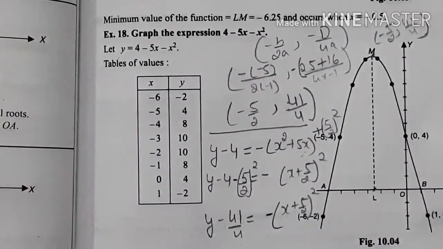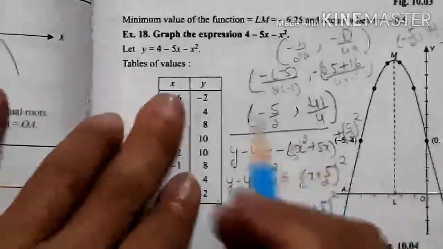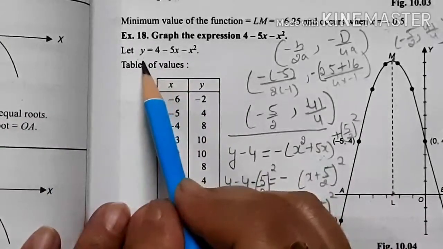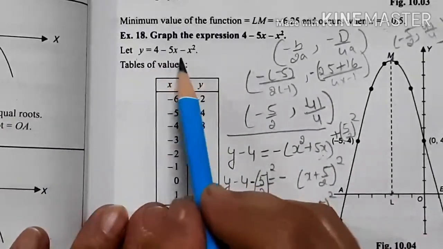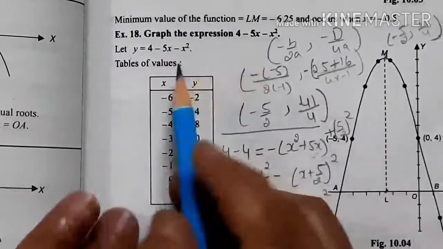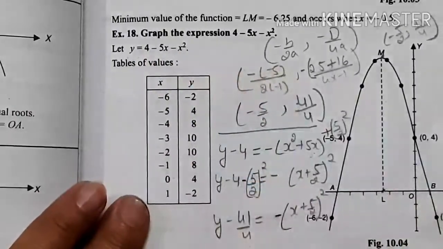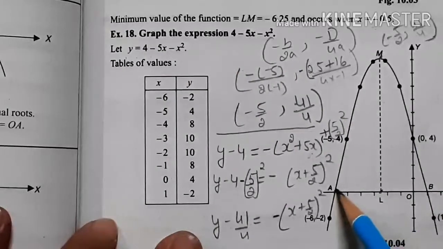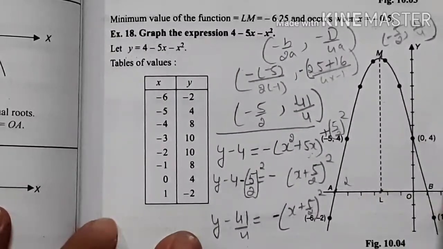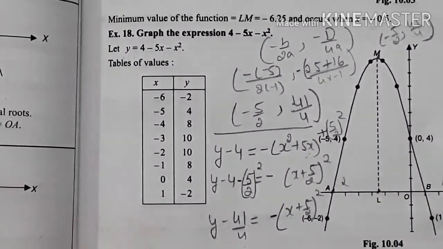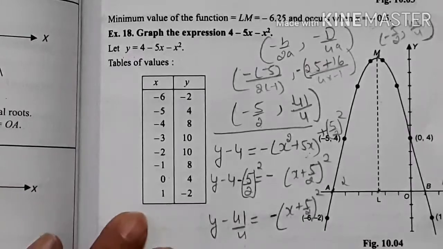It will be a maybe in points value will be there. So if you go with y value equal to 0, 4 minus 5x minus x square, so that will become 0, and you find by the quadratic equation method the x value, this will be in decimal points, so mark it here, alpha and beta.